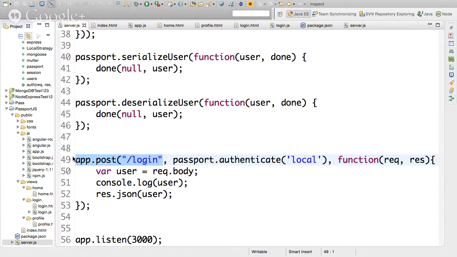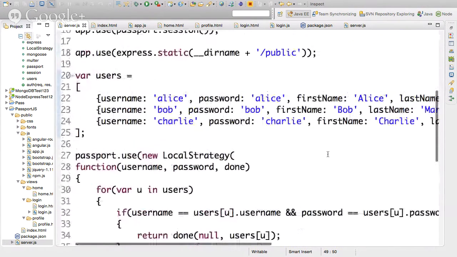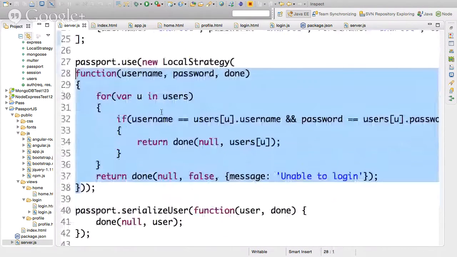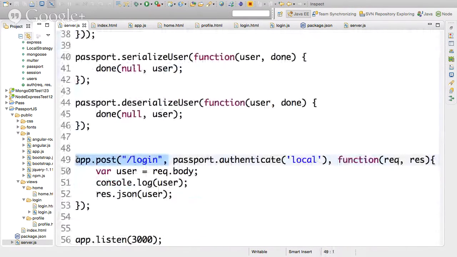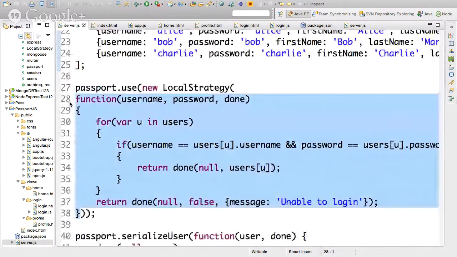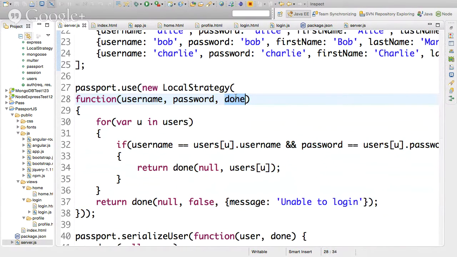What's going to happen here is that this authenticate over here is going to use this function over here. This function will be used when you hit this login. When you hit this login, it says use the local, which means it will use this function. It will parse the username and password and pass them to this function, where it will be determined whether that username and password are valid. And the done, basically what it does is